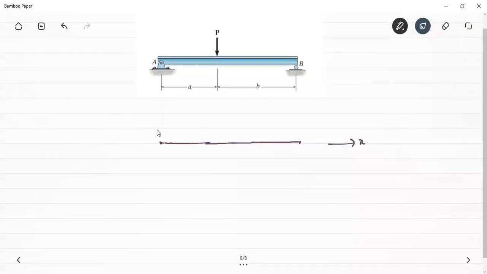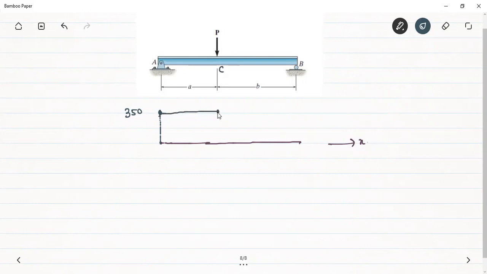Although I told you it will be just to the right of A, as per the books, we have to take it. The shear force here will be equal to 350. It will remain constant up to what point? Up to the point C, it will remain constant because there is no load acting from section A to C. No other load apart from this reaction Ay. So shear force will remain constant up to this point.